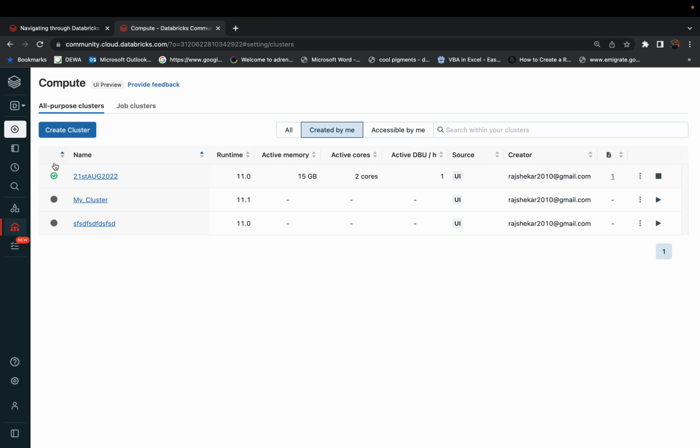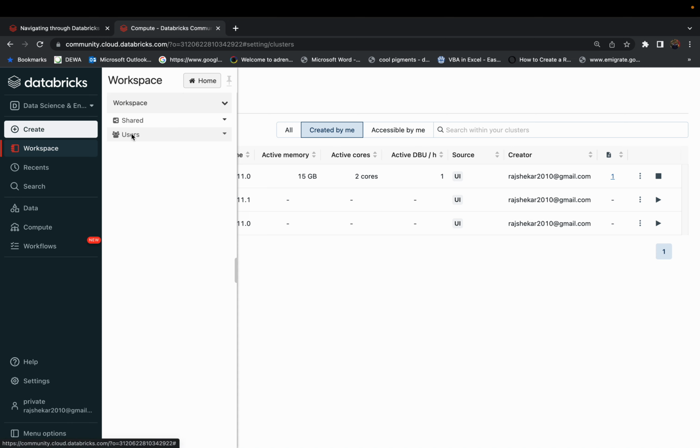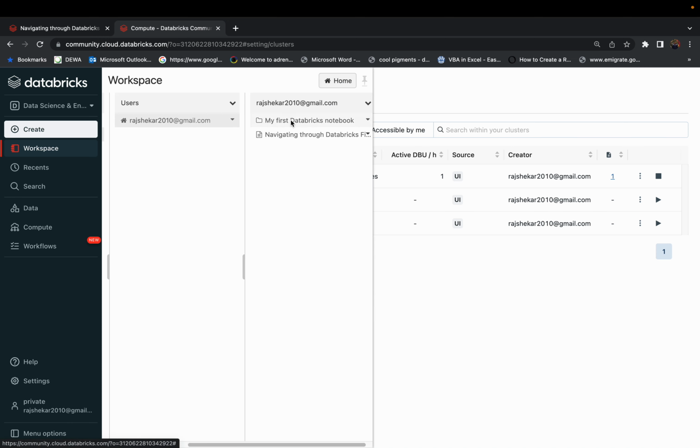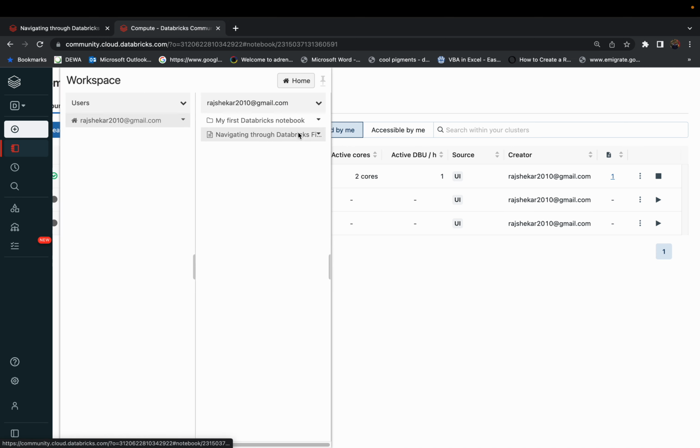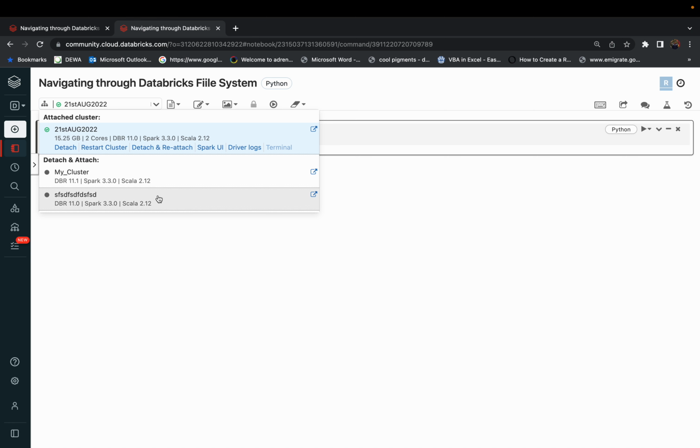So if you could see, my cluster is up and running. So we'll start with the notebook, workspace, users, and the login. And this is my notebook, right? You can see this is blank. And just remember, you need to attach the active cluster. When this cluster has to be attached,